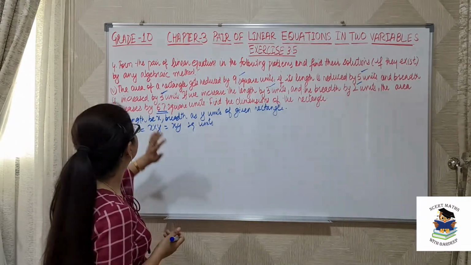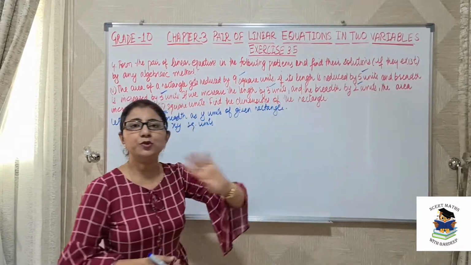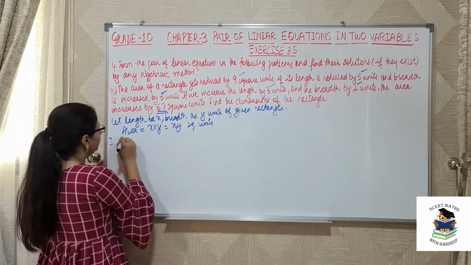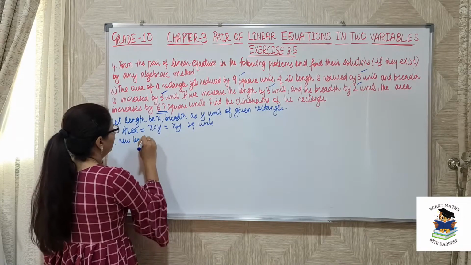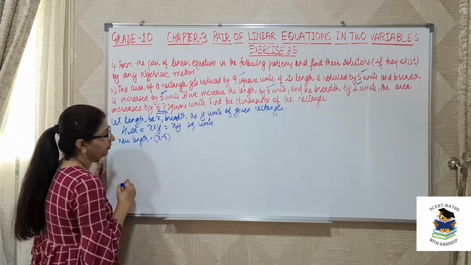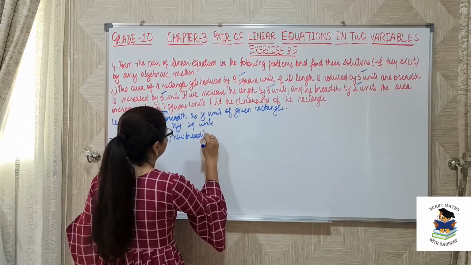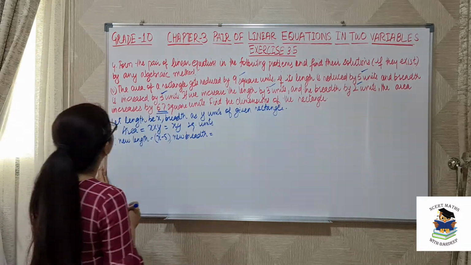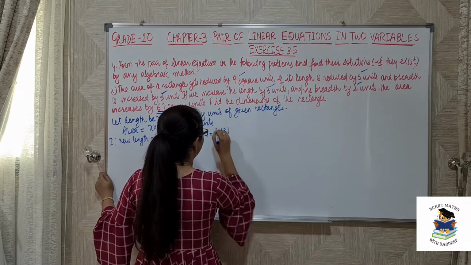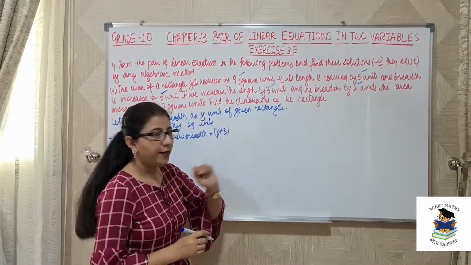If the area is reduced by 9 units, if its length is reduced by 5. So what is the new length? Let's take the first case. What is new length then? So new length is decreased by 5. So new length is x minus 5 units and new width, this is how much now? Increased by 3 units. So y plus 3. Okay. So length is x minus 5 units. Width is y plus 3 units.